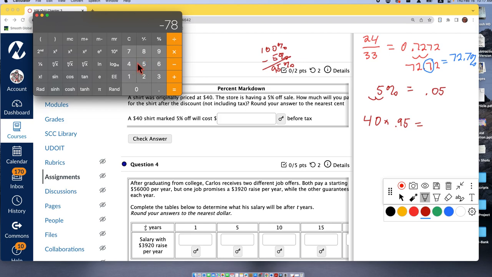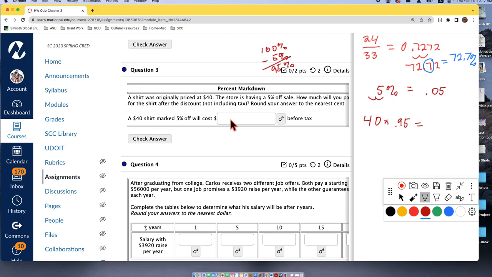But if we take, where's my clear button? We can just go straight to 40 times 0.95. Yes, which is 38. Same price, same thing that we got by doing it the other way. Here's the deal though,